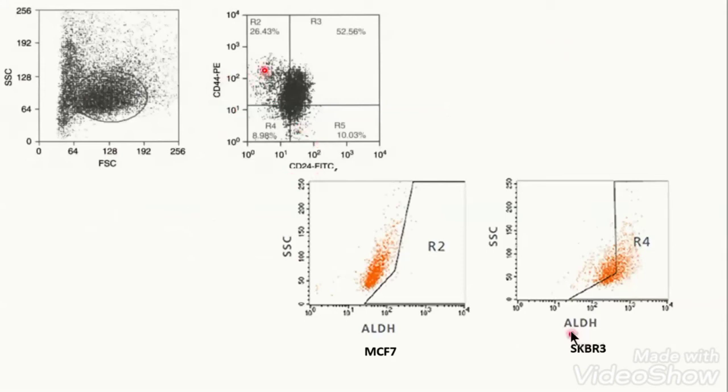So these are the cells which are actually what? Cancer stem cells. So in that given sample of breast cancer, 26.43% cells are what? Cancer stem cells. And we should target them. There is another marker which is called aldehyde dehydrogenase enzyme, ALDH, which also expresses highly